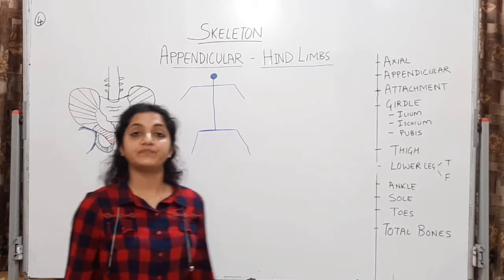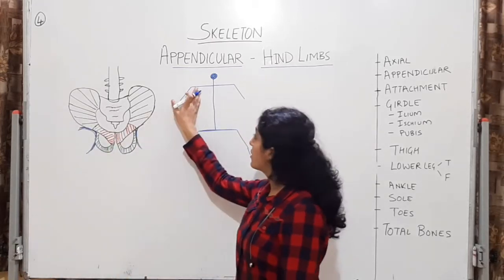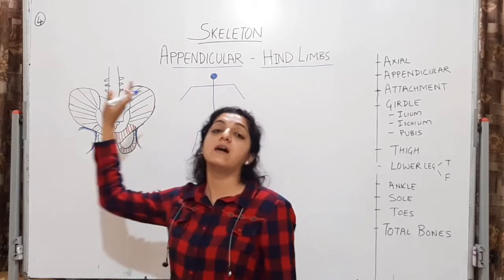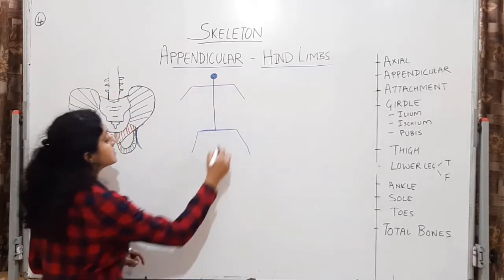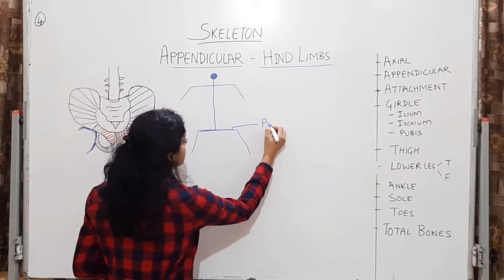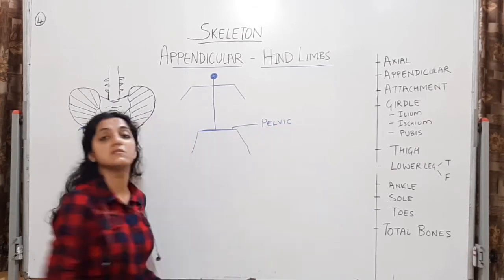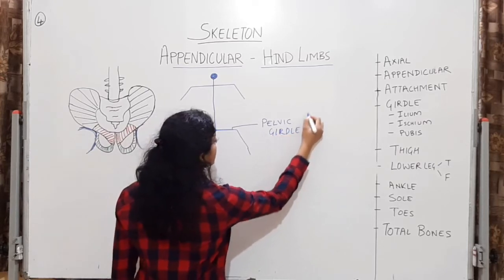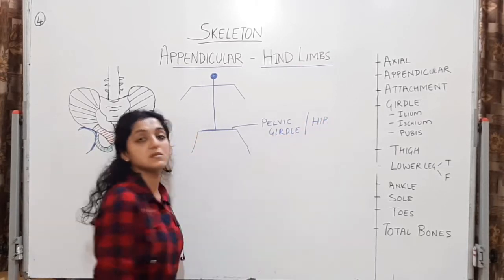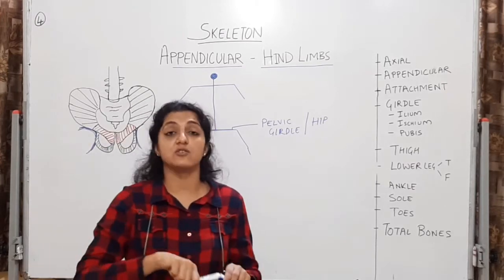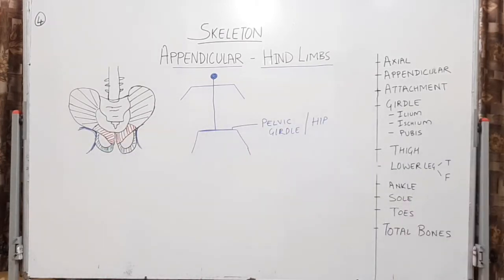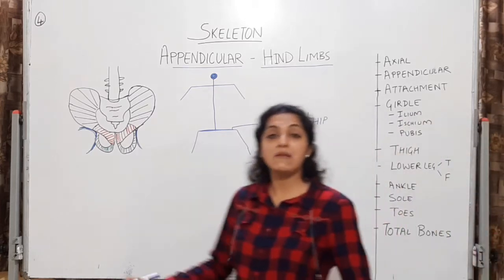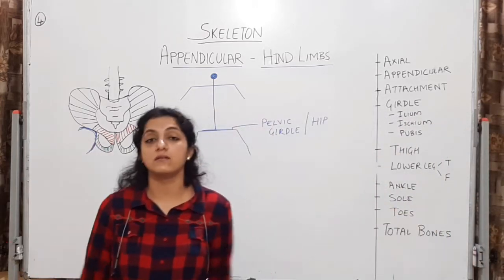to the body. Okay, so जैसे ये pectoral girdle था, ये shoulder girdle था, this attachment is called pelvic girdle. Pelvic girdle because it is in the pelvic region. It is also called the hip girdle because of its location in the hip region. So you have to remember pectoral girdle, it is the shoulder girdle, pelvic girdle, it is the hip girdle. Okay, so location से ये याद रहता है. Pelvic is the hip girdle, pectoral is the shoulder girdle.